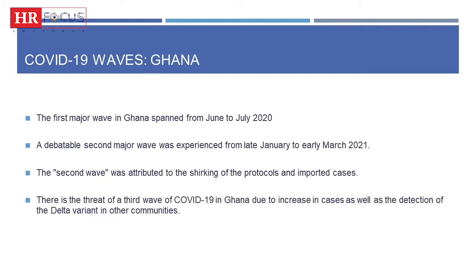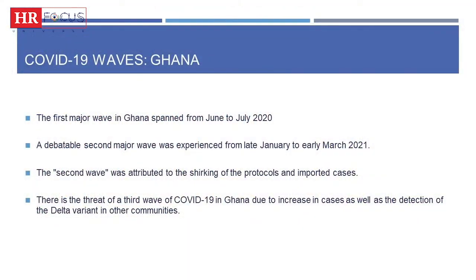For Ghana, the first major wave, that's the COVID wave, was from June to July 2020. And your guess is as good as mine. It changed a lot of things in our country. We had to go into a lockdown. A lot of businesses suffered. A lot of people actually also experienced various psychosocial problems as well as complications from the virus.